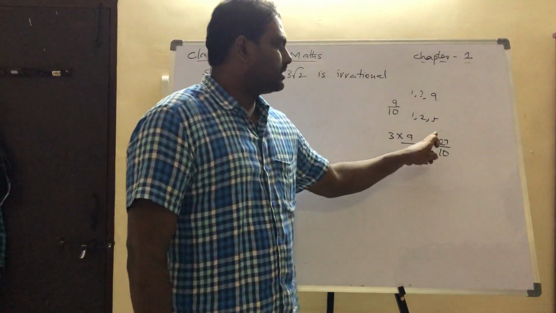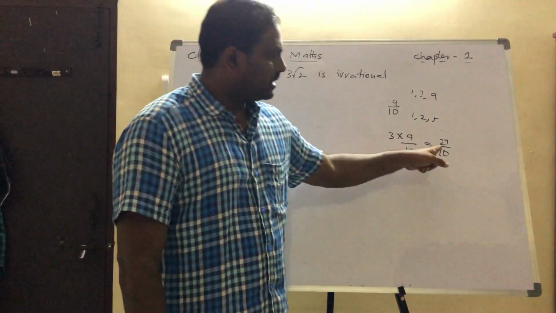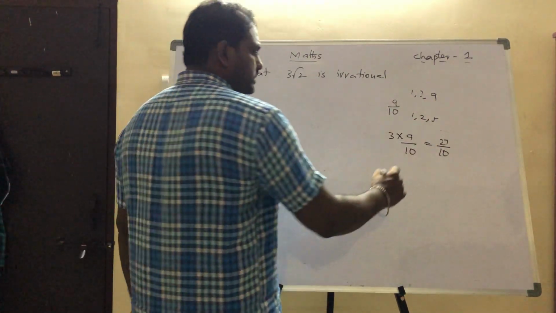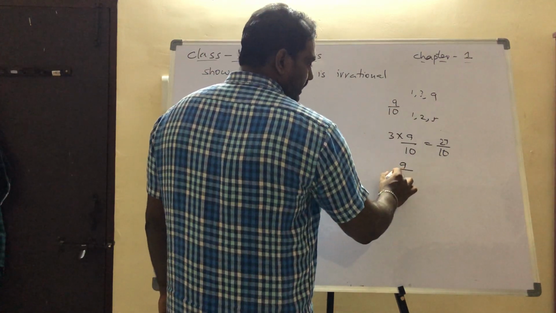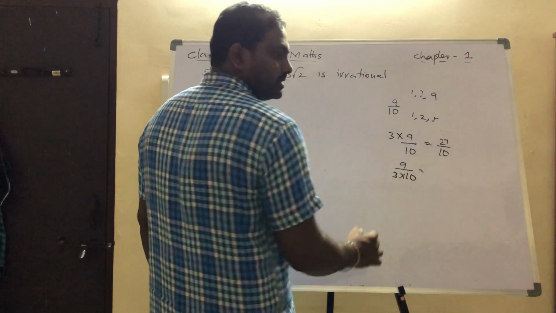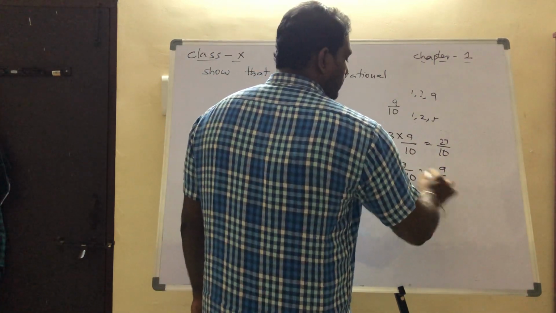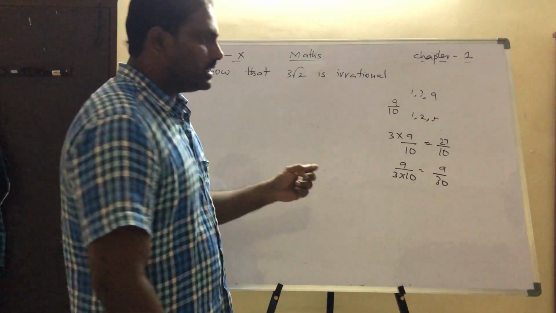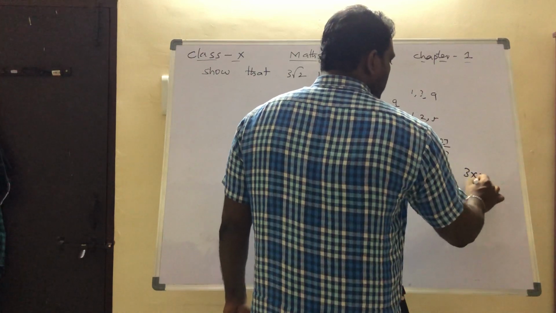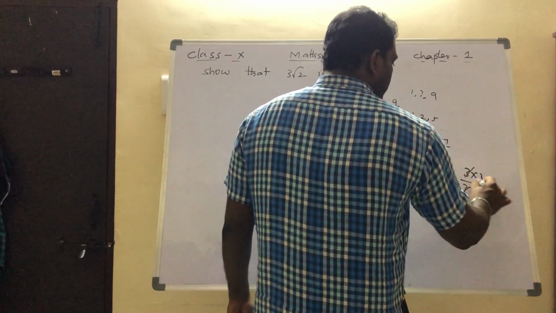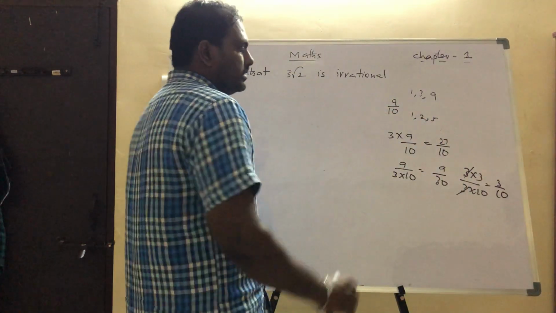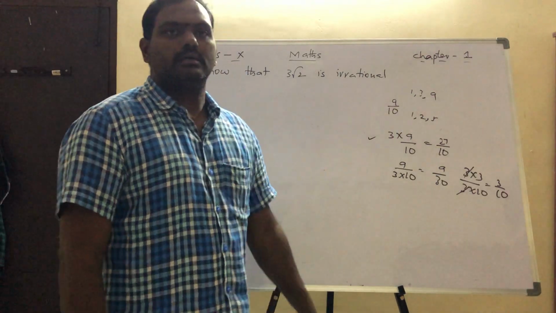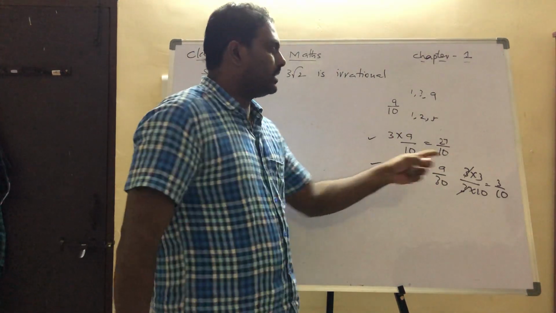Now are these co-primes or not? Yes, now also they are co-primes, because 27 and 10 do not have a common factor. Suppose I multiply the denominator 10 with 3, what happens? 9 by 30. Now they are not co-primes. Again they have a common factor. Look at that: 3 threes are 9, 3 tens are 30. Now the 3 gets cancelled, it is 3 by 10. So in this case, if we multiply the numerator, there is no change. But if you multiply the denominator, they may change.